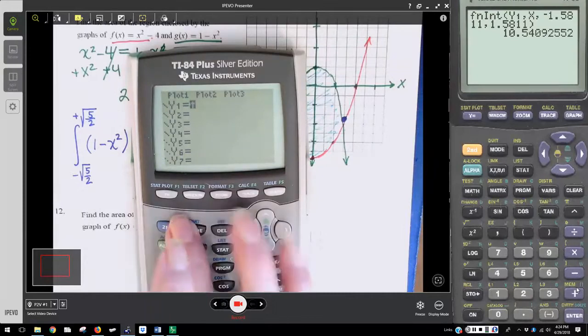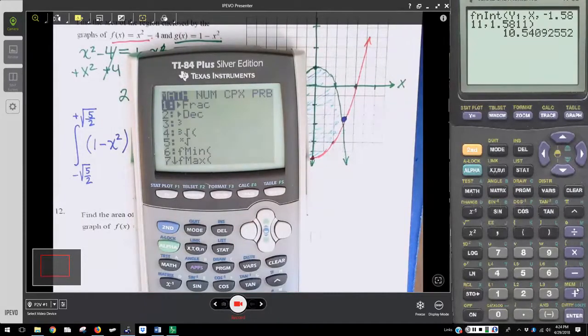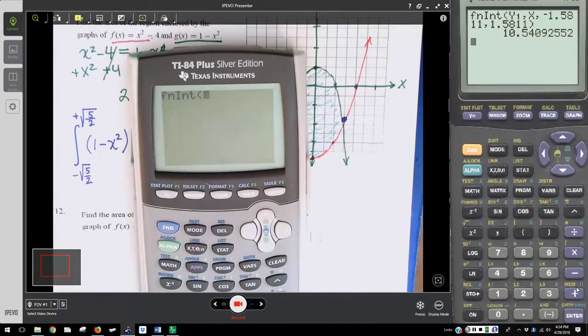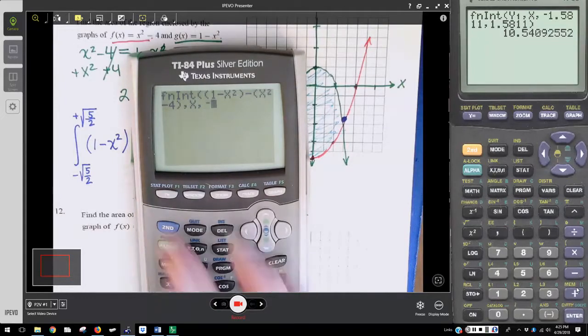So, actually, let's just do that one without even entering it in. We're going to go Math, Integral. And my TI-84 is an older one, so it doesn't do the nice integration method. But still, we're going to have, in parentheses, 1 minus x squared, subtract x squared minus 4. That's our function with respect to x from, and if you want to do the exact limits of integration, it will be negative square root of 5 over 2, or 2.5,